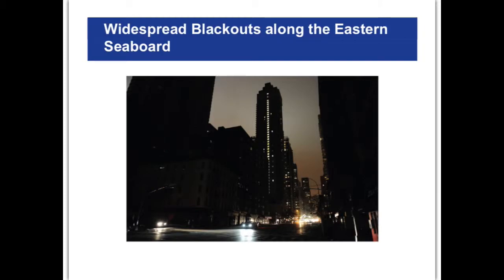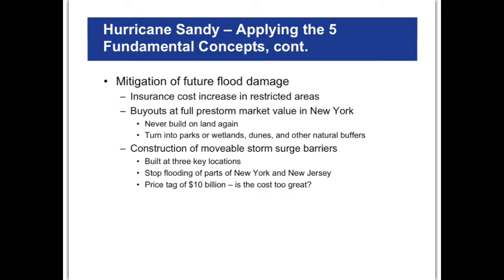typical New York night. All right, so in the future, how can we cut down on the effects of storms like Superstorm Sandy on places in New York, like New York City? Well, what it means is that there's going to be even higher insurance costs. So it may not make it cost effective for somebody to want to live in certain coastal areas. Government buyouts. That's kind of nice.